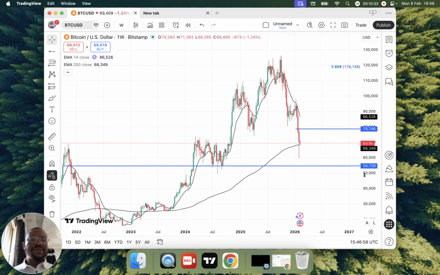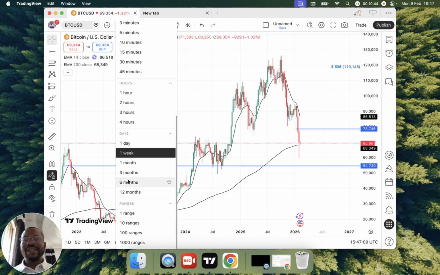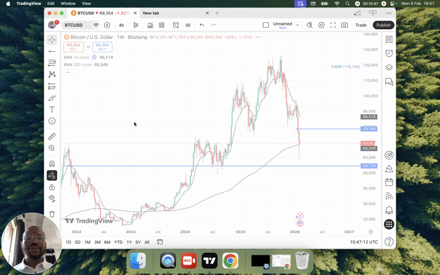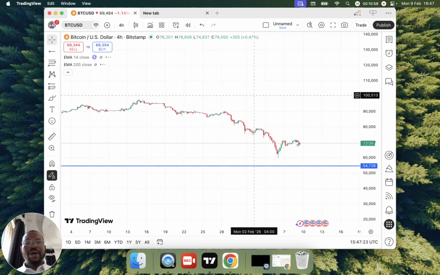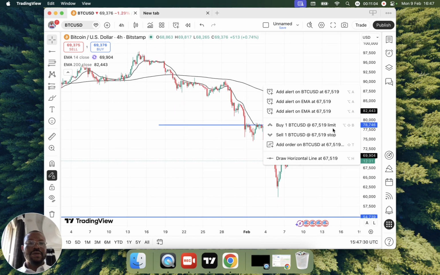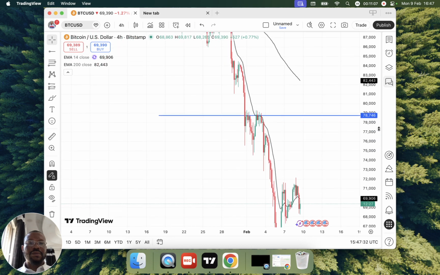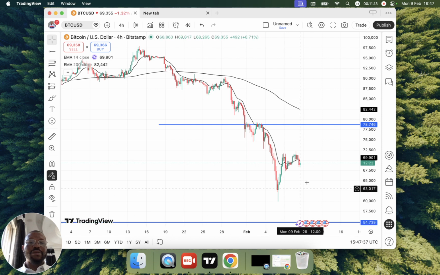So TP2 will be at 54,739, while my TP1 will be at that 4-hour time frame low. The line chart, not the wick. So TP2 54,739. Let me just note that down. While my TP1 will be there. So this will be my TP2, and my TP1 will be at